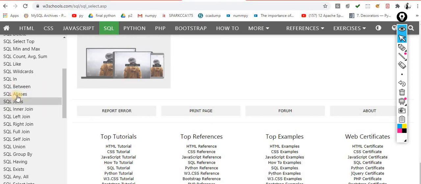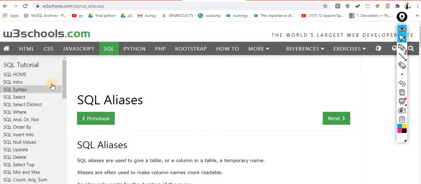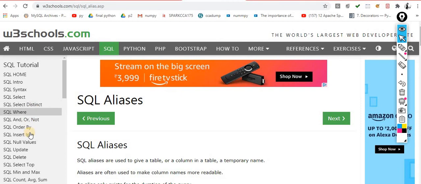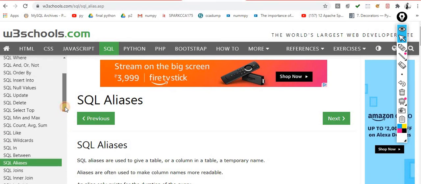Don't go for the joins yet, because this one is a little tough. I will teach you how you can join the tables. I am telling you only these 17 pages. If you read carefully and do the practicals carefully, you can learn lots of things. It's very easy, believe me, just like simple English. Distinct, where, not, or, order, insert, update, delete, select top, minimum, maximum, only these 17 pages you have to perform. Aliasing, the same concept that I already taught you in the context of a list, giving a nickname. The terminologies are the same, the syntaxes are a little different.